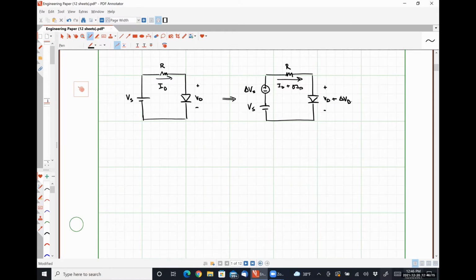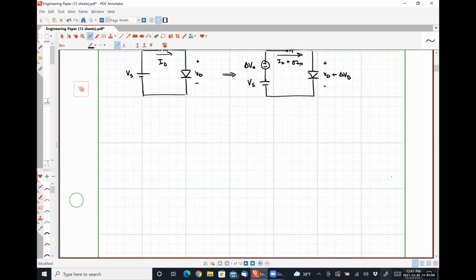And this kind of gives away what we're going to wind up doing, hopefully, which is to be able to perform our analysis using superposition. Okay, so we can do some large signal analysis to establish the operating point of the circuit, here characterized on the left by the quantity ID, the diode current, and VD, the diode voltage. And then we're going to superimpose on top of that some small signal perturbation, which gives rise to a change in the diode current, delta ID, and a change in the diode voltage, delta VD. Okay, so the key to developing this model